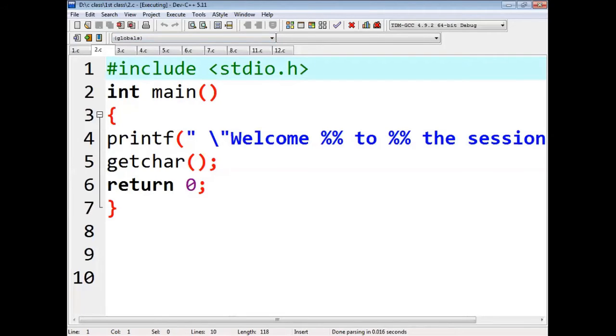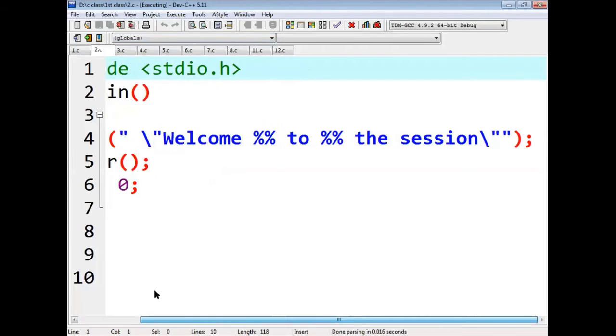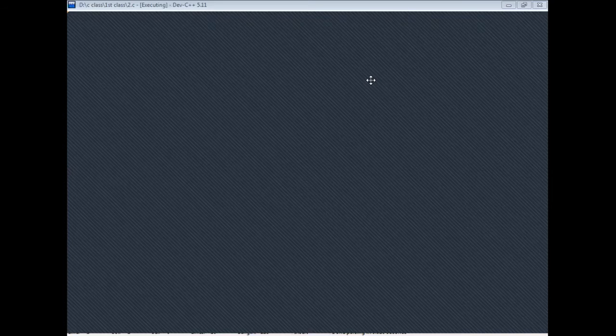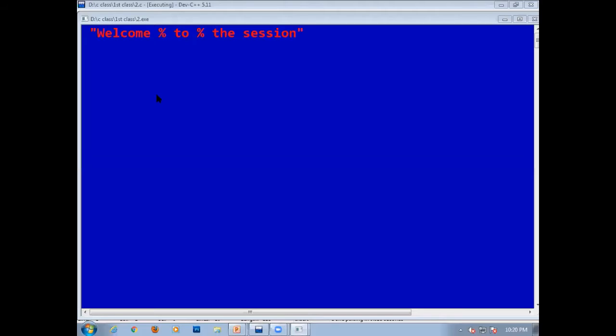This is the same program I showed in the slide. When we run it, we get the output as I told, option A: "Welcome % to % the session", in which all these strings are enclosed with double quotes. Now we shall move on with the next question, the third one.